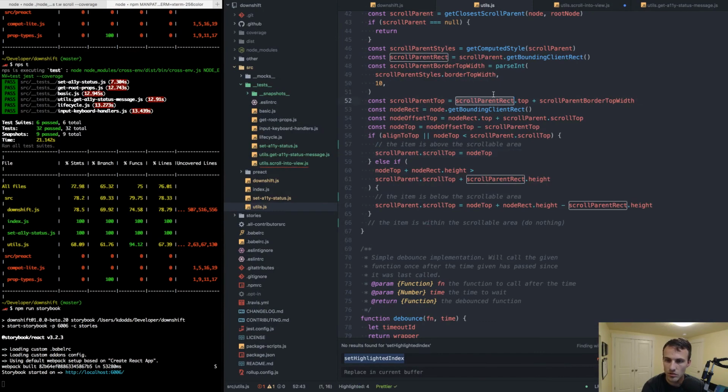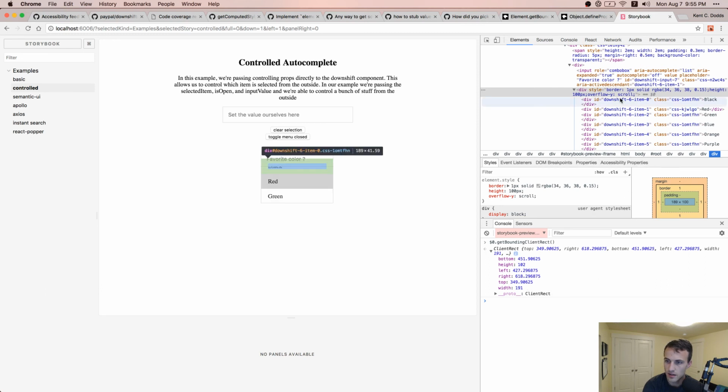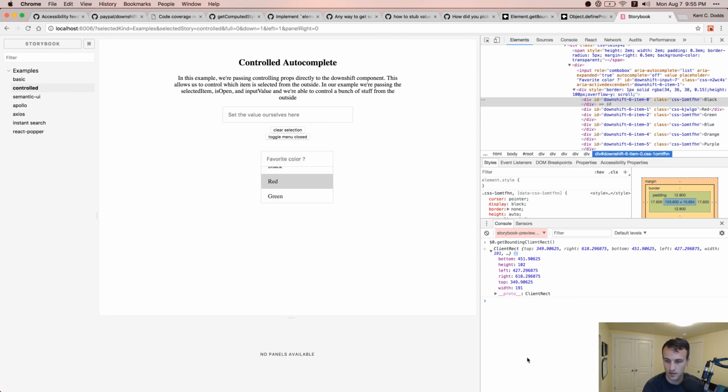So the scroll parent get bounding rect. Okay, so this is going to give me a top, which is relative to its position in the document. Okay, and then if I go here, we'll do the same thing. And this top,